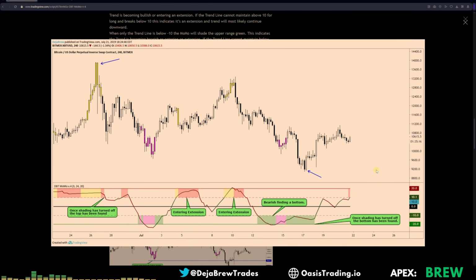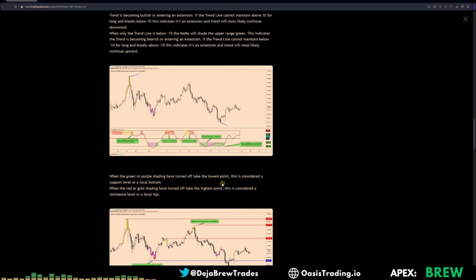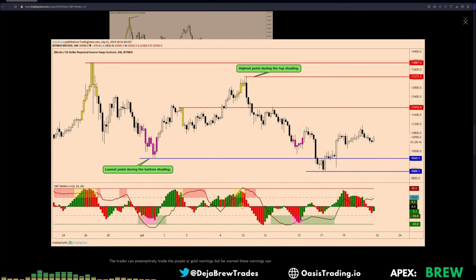The green shading is looking for a bottom. The purple shading is showing that extension on the bottom, so possibly looking for a pullback. And once that shading has turned off, the bottom has been found, and we can mark out that lowest price as a potential support, or we could go ahead and look for the point of origin on that lowest price and say that is a support as well. So the highest point during the top shading is a potential level, and the lowest point during the bottom shading is